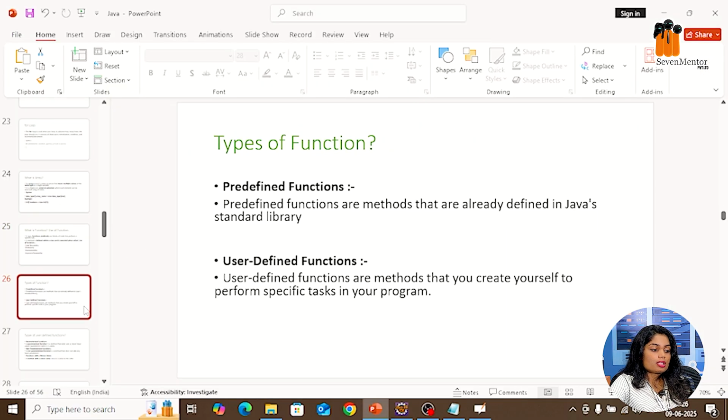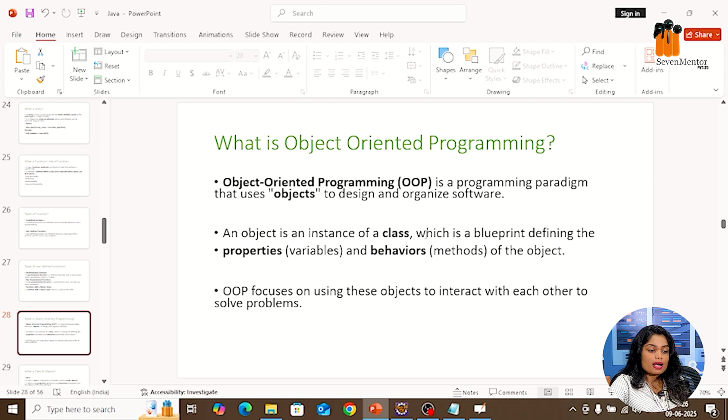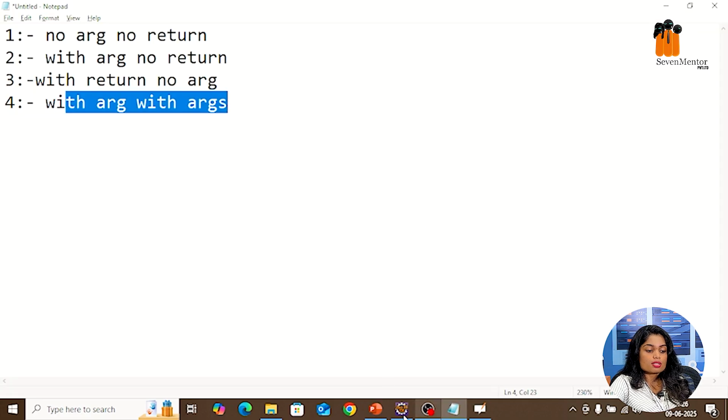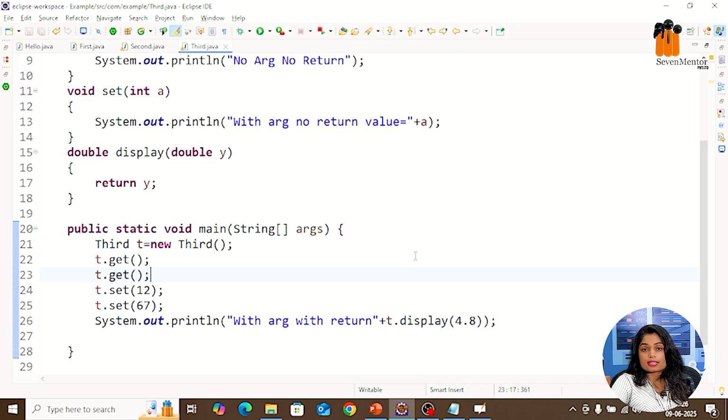So after methods, let's move to another part, which is called object oriented programming. As we previously discussed, object oriented means everything will be based on a class and object. Class is nothing but a collection of data, and object is nothing but an instance of the class. Let me give you a simple example.